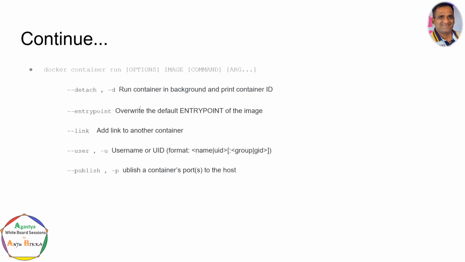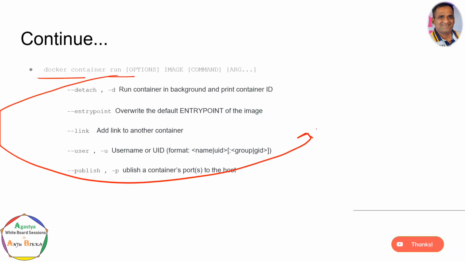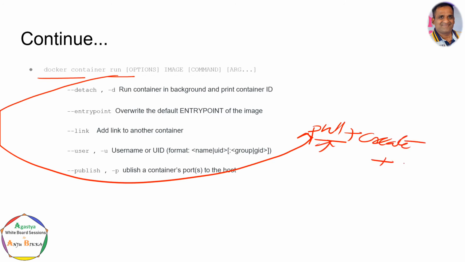Another fashion is directly doing a run command. When we do the run command, first it checks for the image. If the image is not available, it pulls the image. After pulling that image, it creates the container. Then after that, it starts the container.